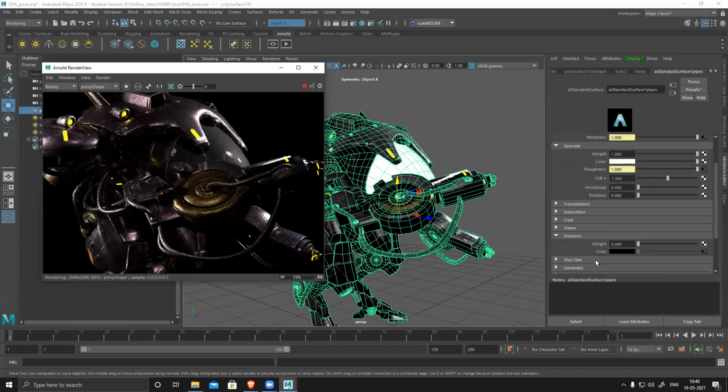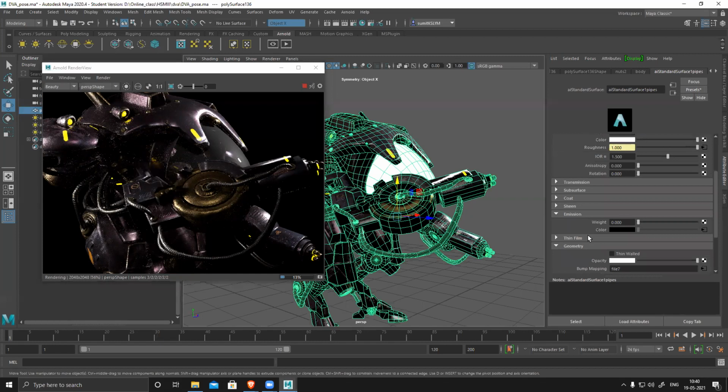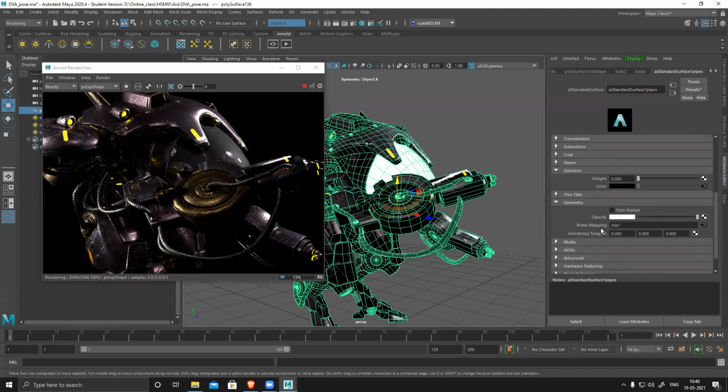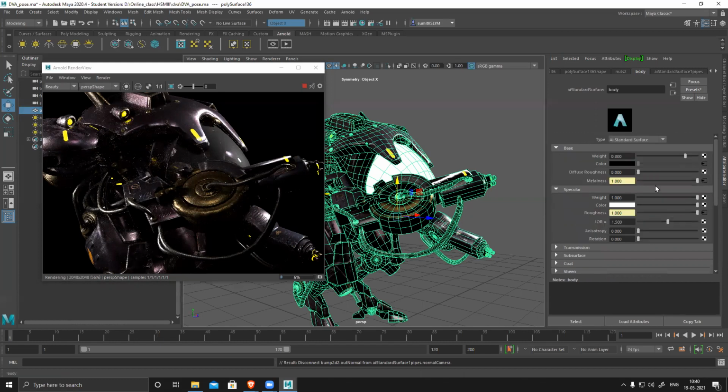So I have to go to geometry and go to bump mapping. Let's break it. You can see it updates it again. All this information, everything is coming from, oh, this is pipe. Oh, my bad. It's body. So I need to fix this thing.